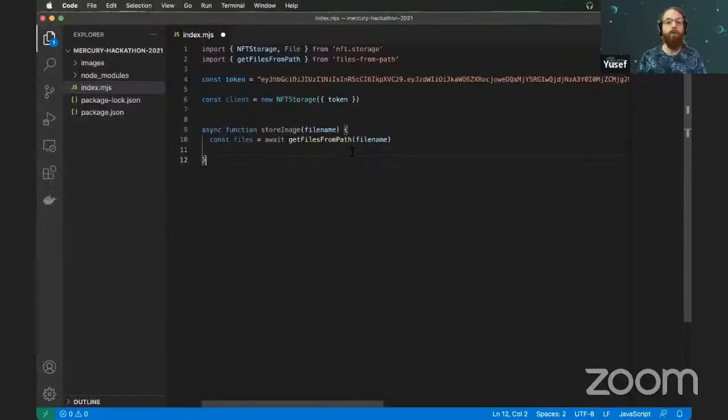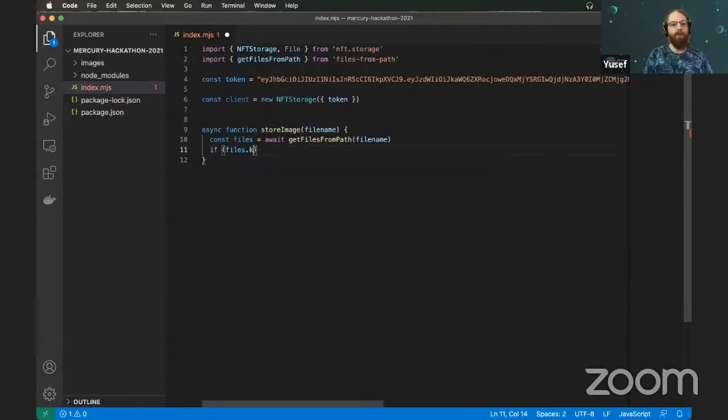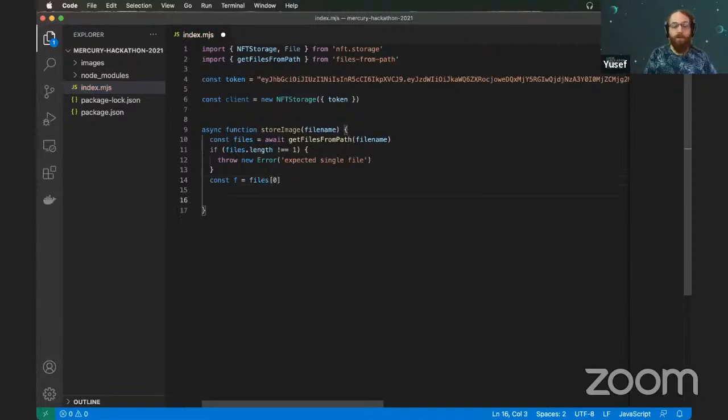For this example, let's see. So files, get files from path. Let's just store a single file just to make this simpler. So if files.length is not equal to 1, throw an error: expected single file. And then we're just going to say files[0]. Okay, so now we have a file,